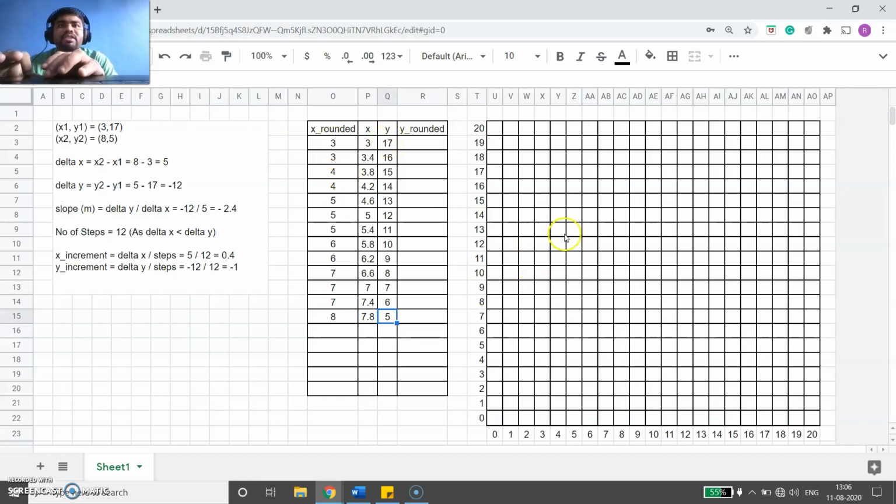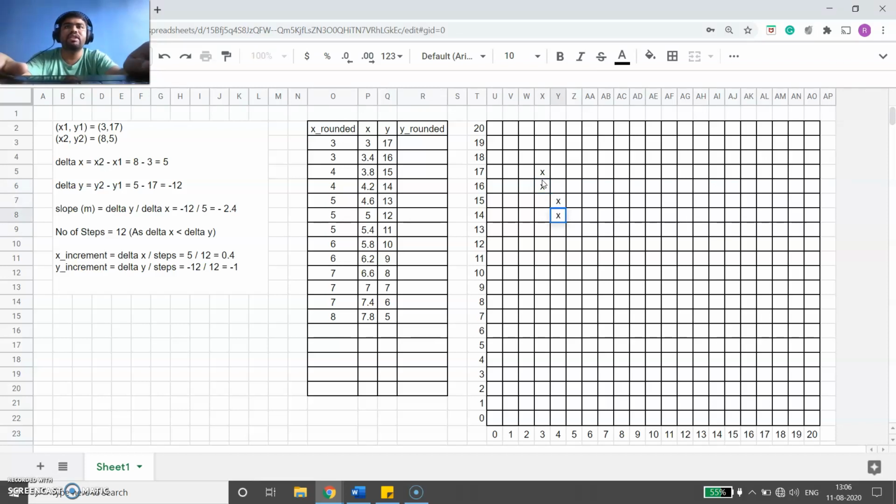So we start with (3, 17). This is 17, and I hope we are at 3. Yes, we are at 3. So that's the first point that's plotted. Right. The next point is what? (3, 16). Okay, then the next point is (4, 15). So it's here. Then the next point is